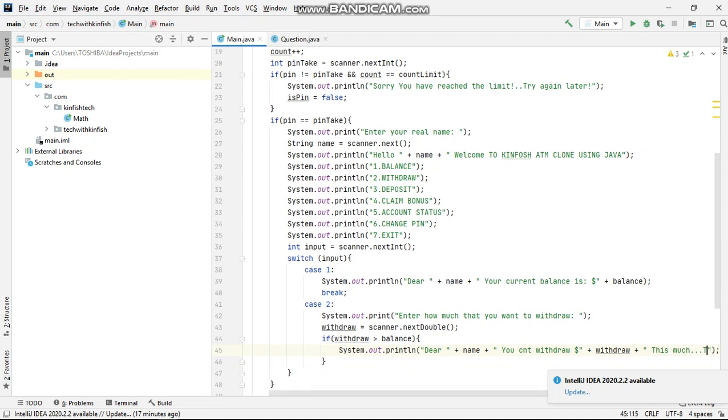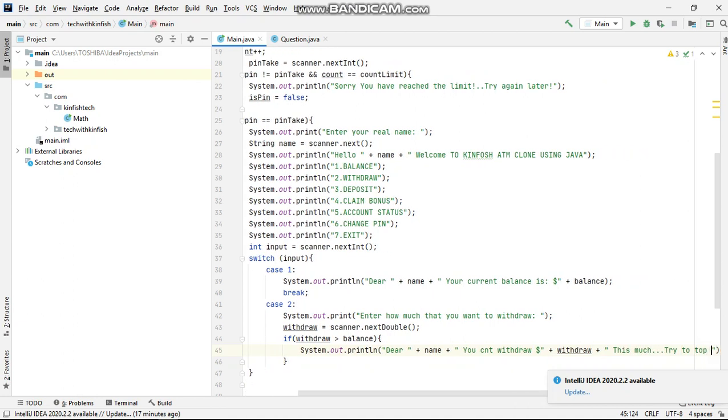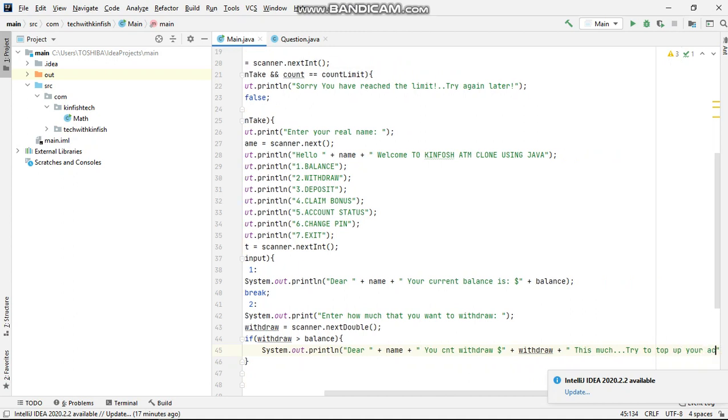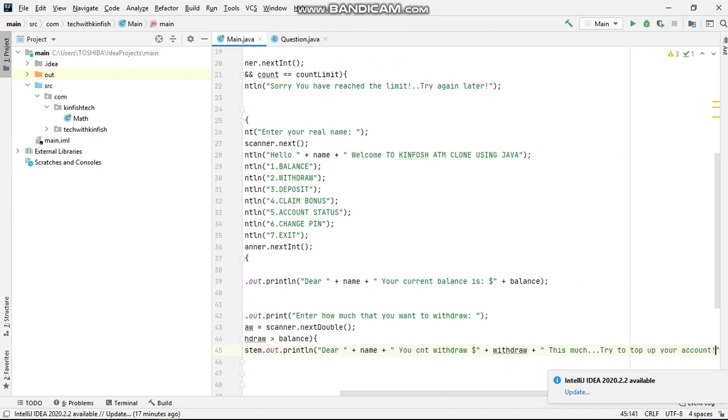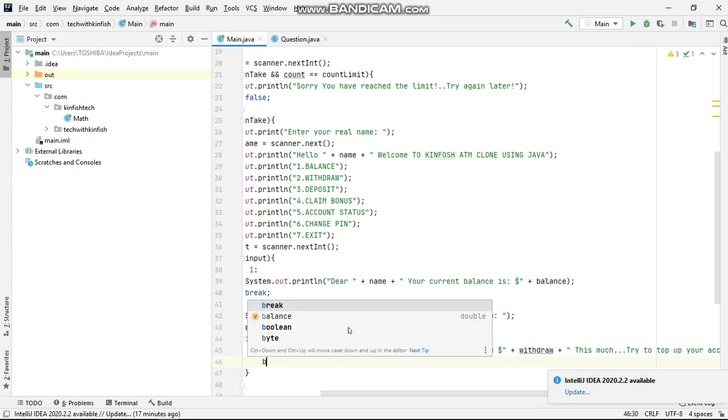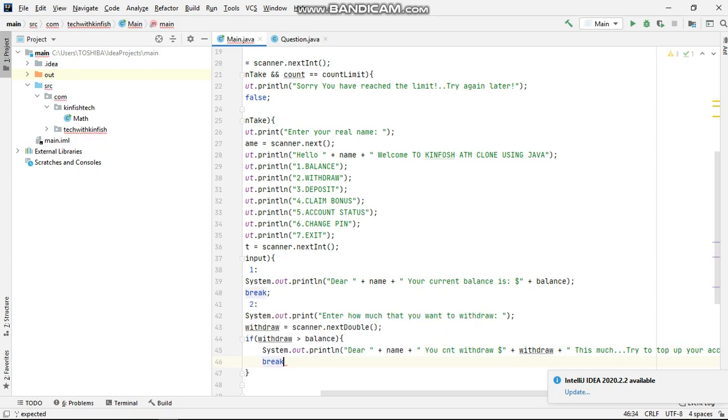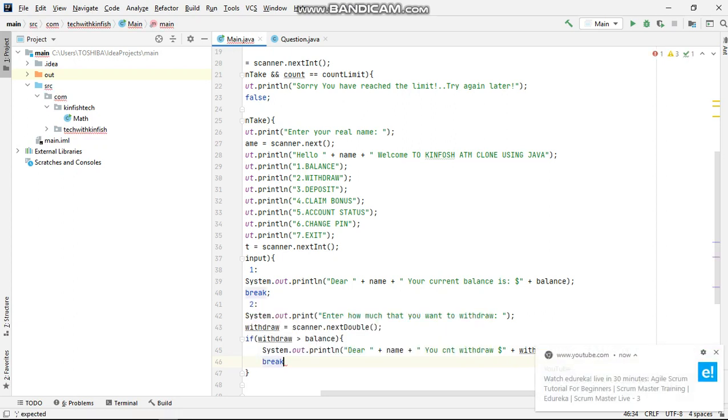Try to top up your account. እዚህ ጋር ምን አድርጋታለን withdraw እናስቀምጣታለን። Try to top up your account የሚለውን እንጂ ዲስፕሌይ ካርድ. We are going to break something, just explicitly ለእያንዳንዱ መጻፍ ይቻላል።